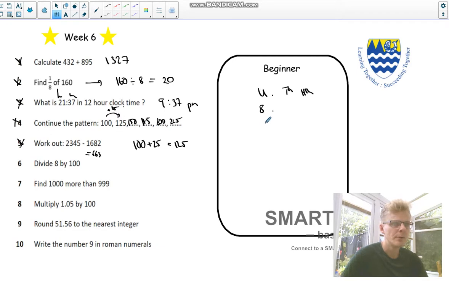Okay, so we're going to divide it by 100, so we're going to move it 2 places to the right of the decimal place. It's going to get smaller because we're dividing. Okay, I shouldn't say that, actually, it's not always the case. So if we move it once, we'll end up with the 8 in the tenths, and then if we move it again, we'll